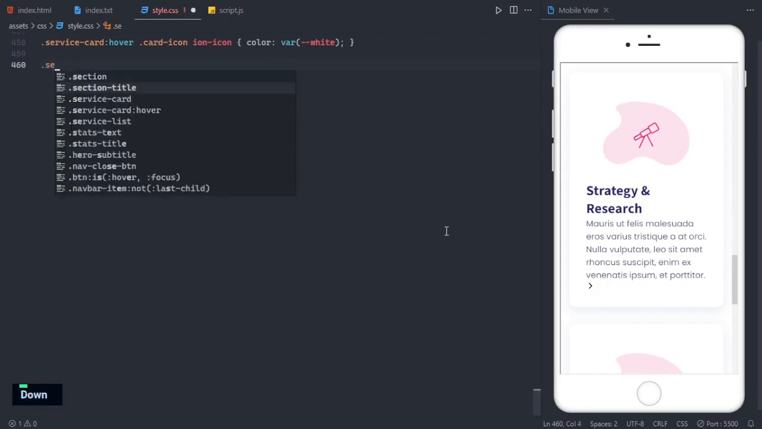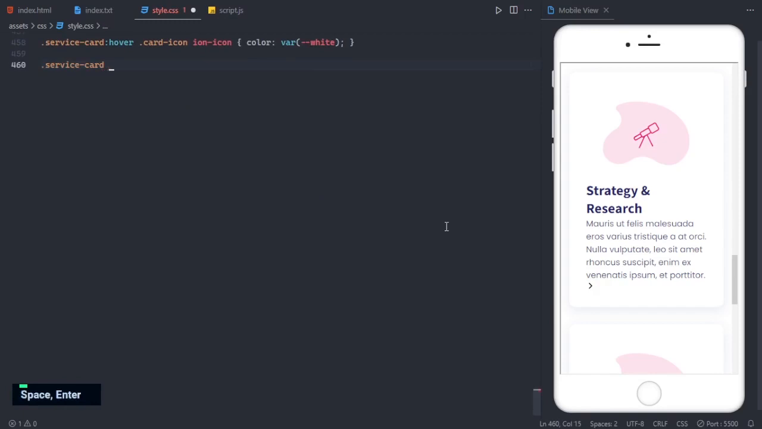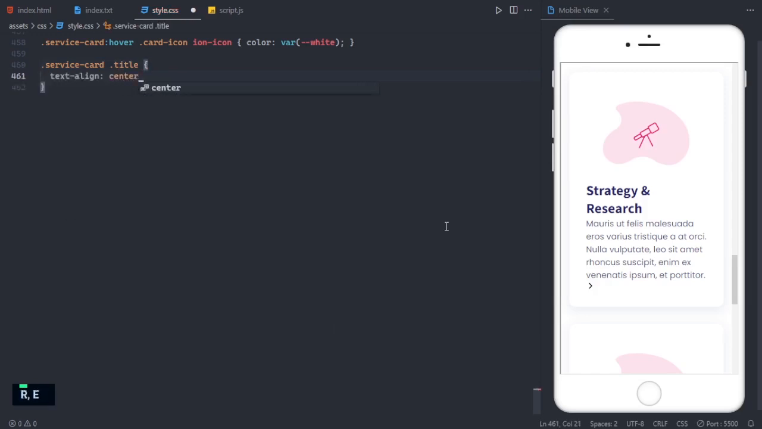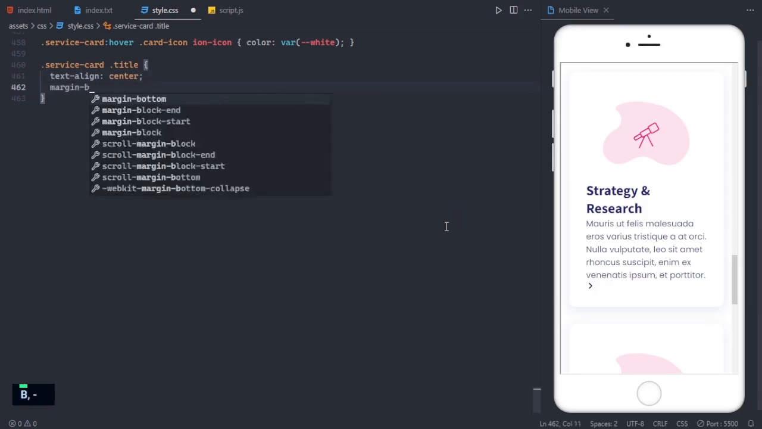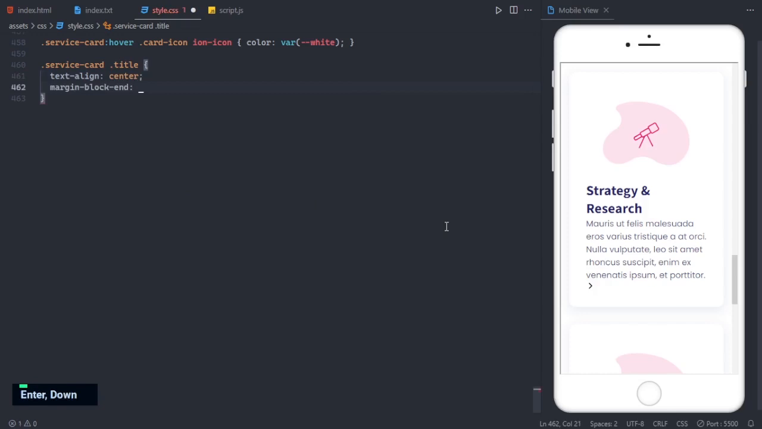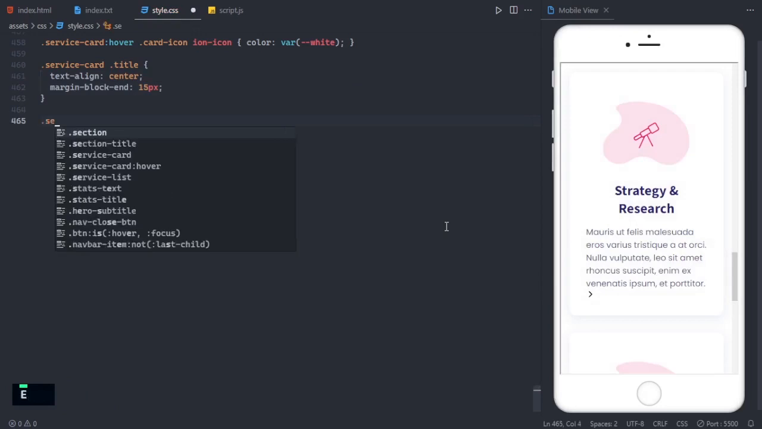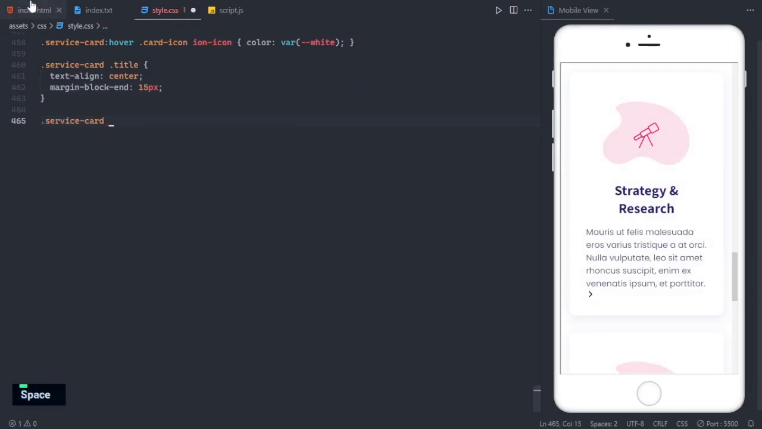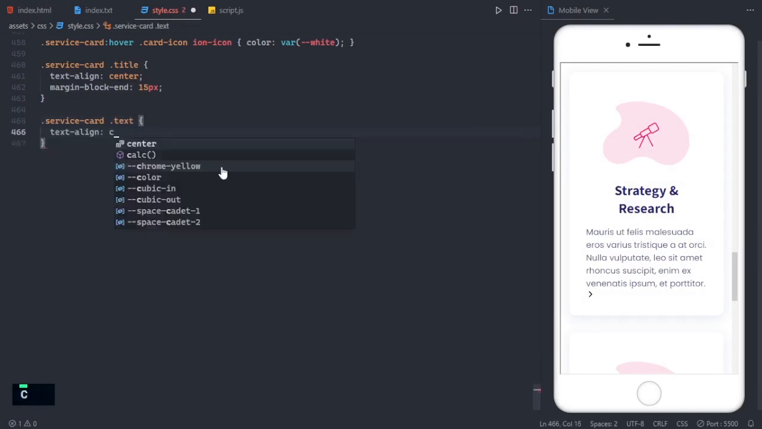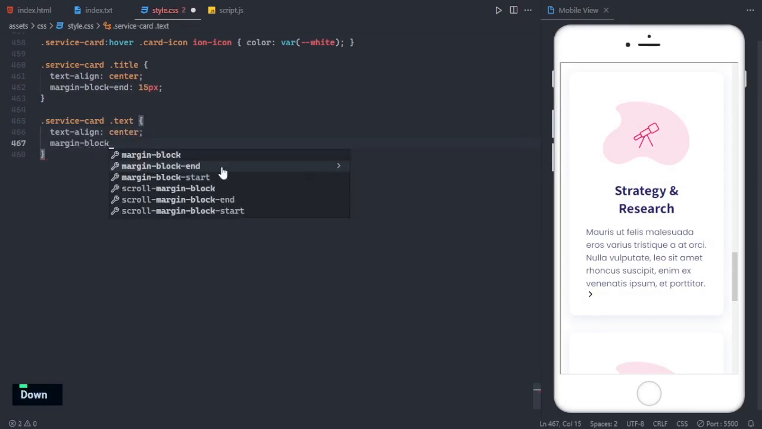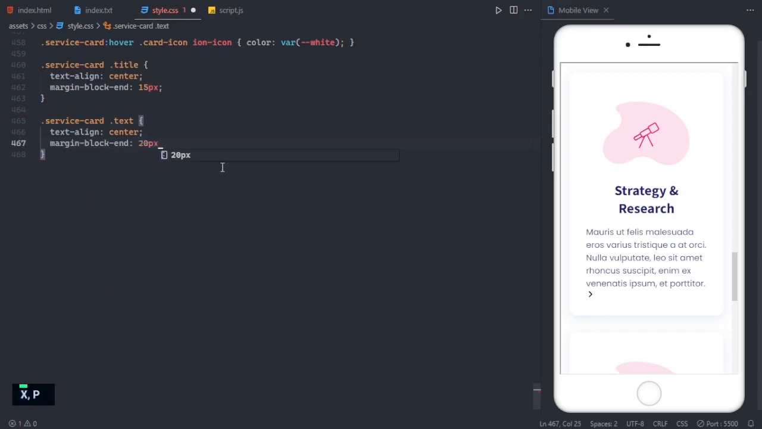Dot service card, and inside the card title will be text align center, margin block end, that means margin bottom, 15px, and dot service card dot text align should be center, and margin block end should be 20px,